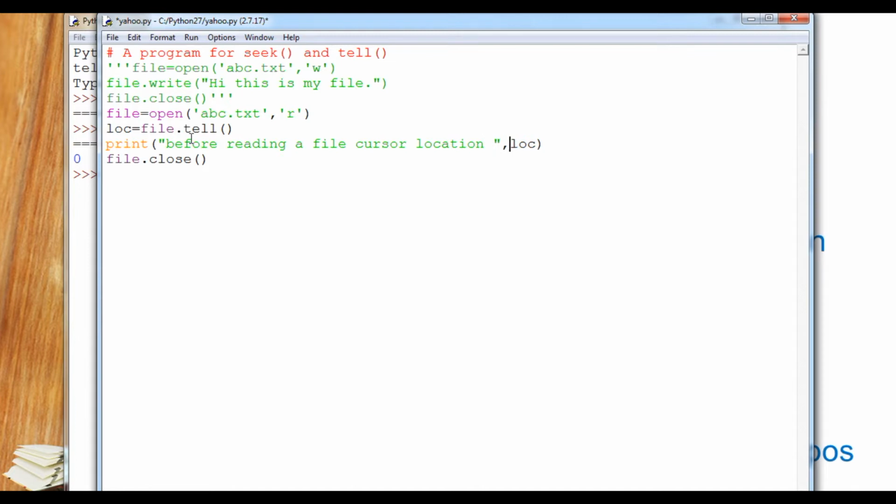And next we are going to read the file. Suppose content equals file.read. Now I can print the content also.